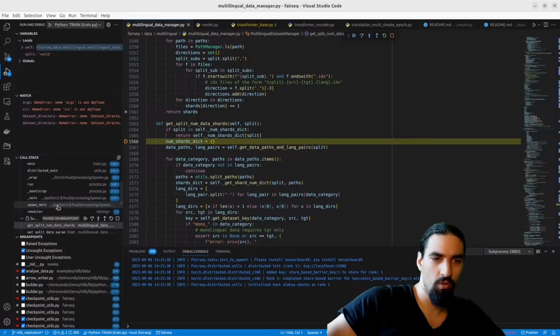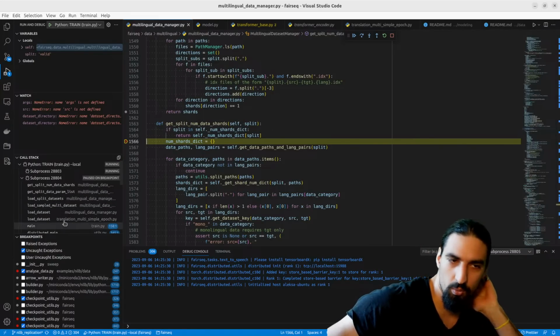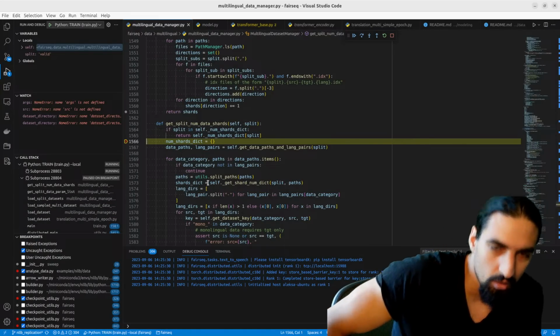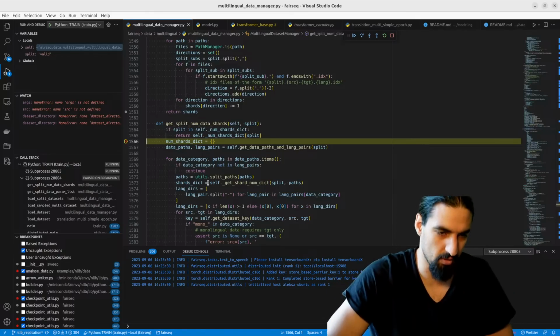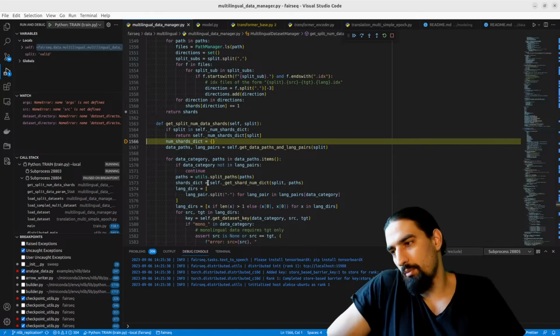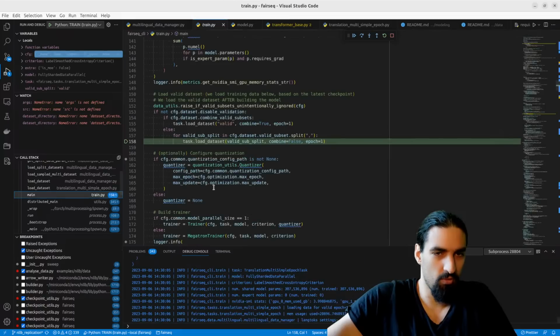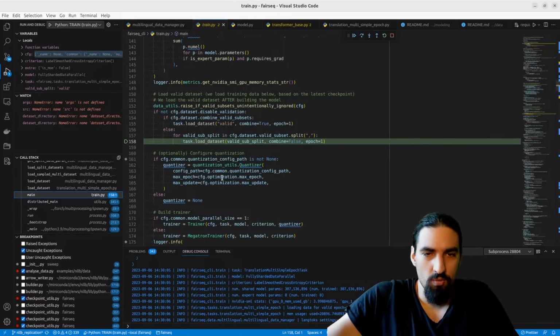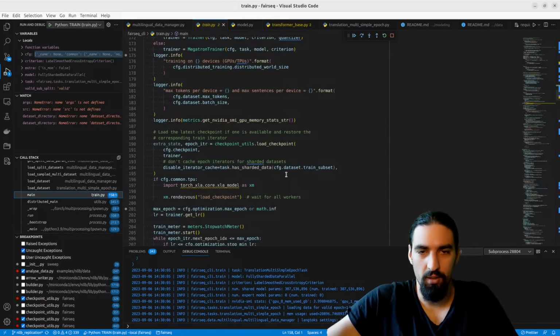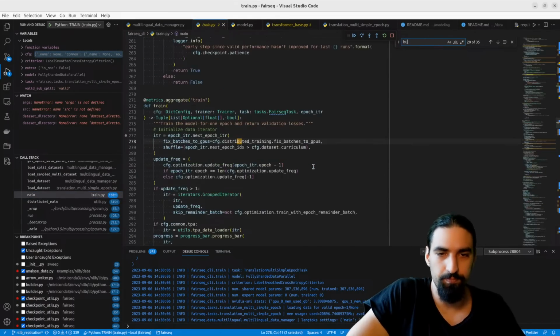Okay, and now finally, we are already in the load data set. So apparently, we did not wrap any of the modules, but we did. If we go to the main function, where is build model called here?